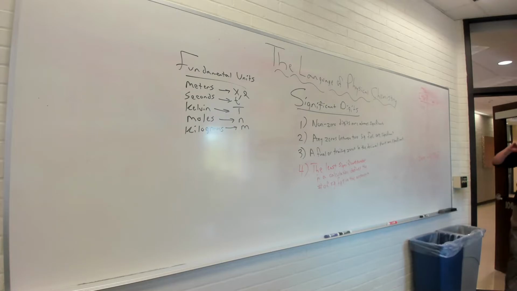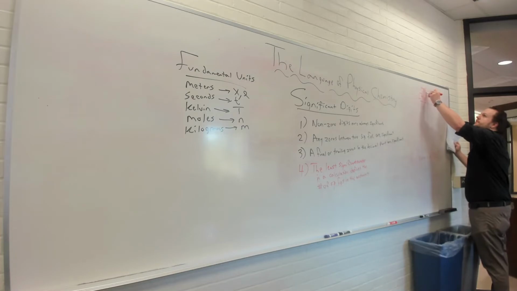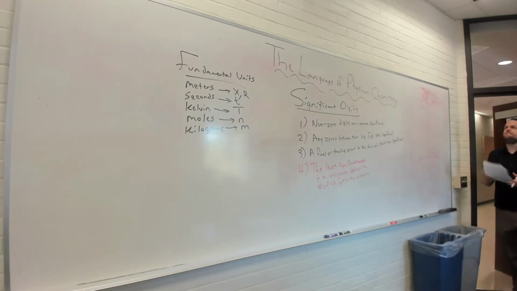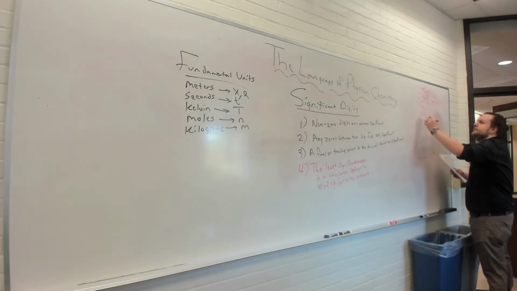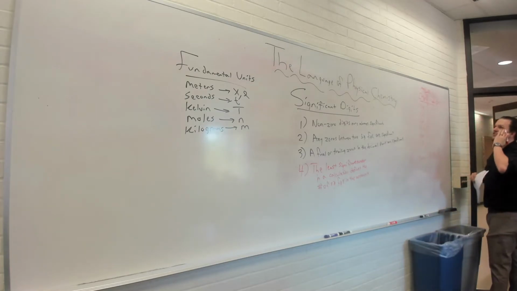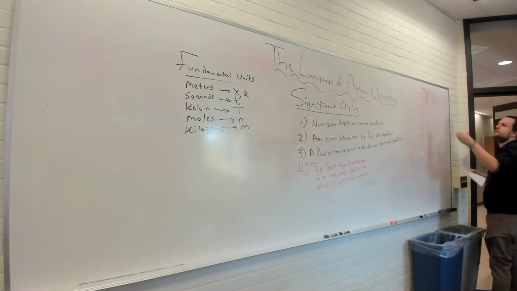Actually, maybe we should be more specific. Let's just call it moles per decimeter cubed, right? That's a liter. And the best you can do is measure two significant digits, but your rate is much more accurate. Maybe you can measure something like